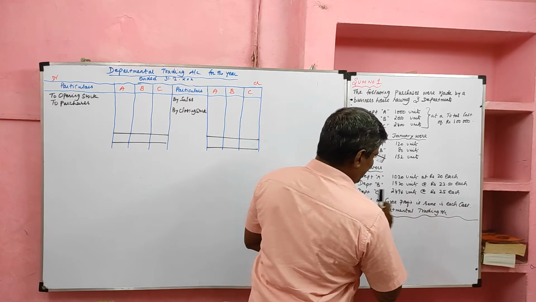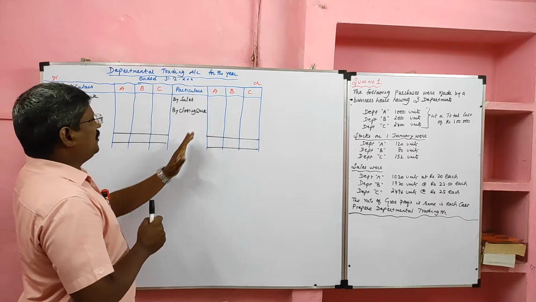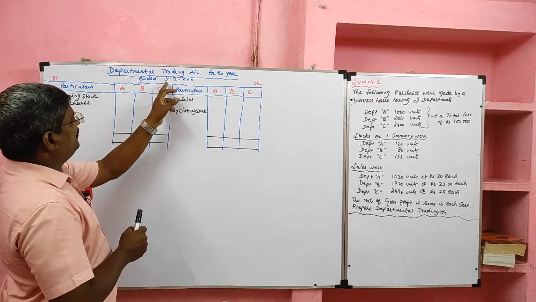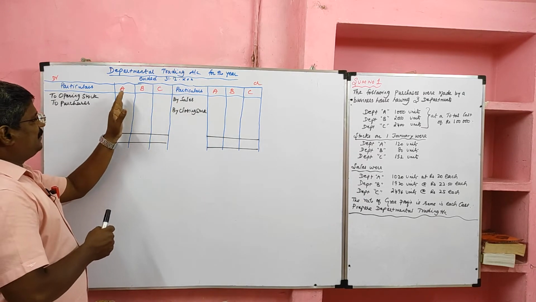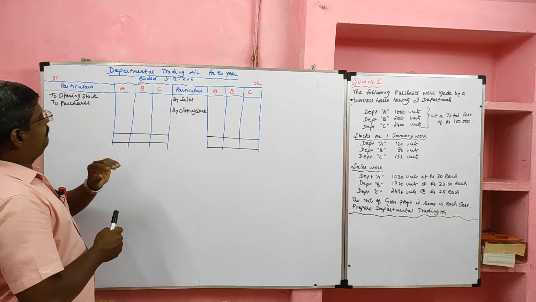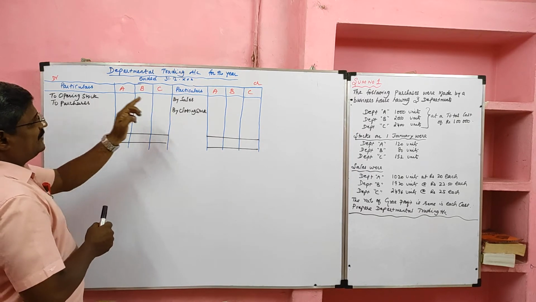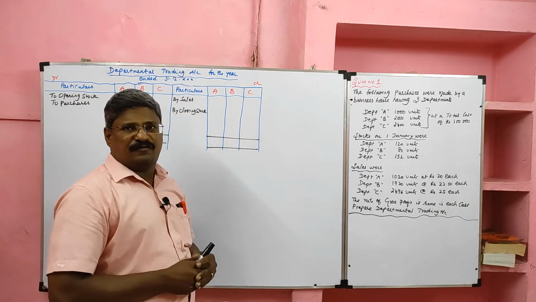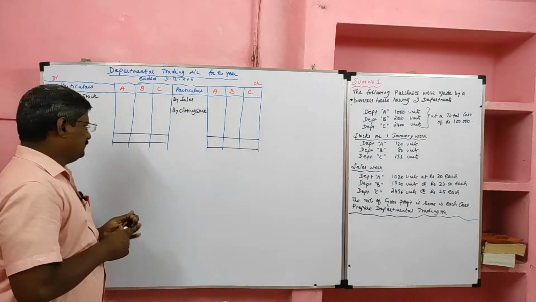Prepare departmental trading account. Okay students, here I drawn the format of departmental trading account. The heading is departmental trading account for the year ended 31st December, year not given. So I have 3 columns: Department A, Department B, Department C. The basic format of trading account: opening stock, purchase, credit side, sales and closing stock. Yes students, first we have to find cost of purchase of each department. Now I am going to teach you.